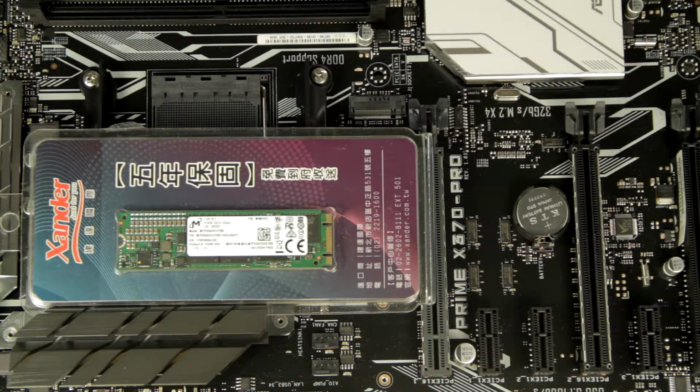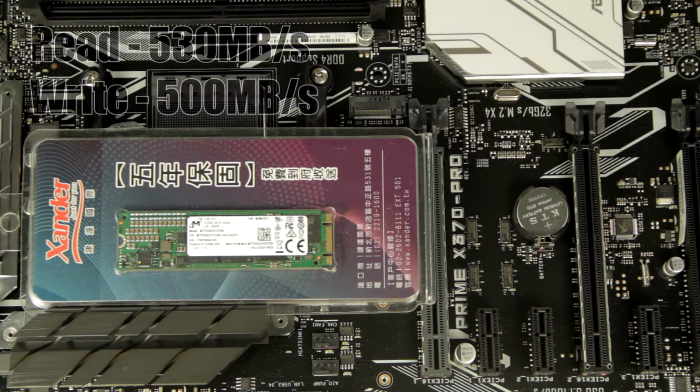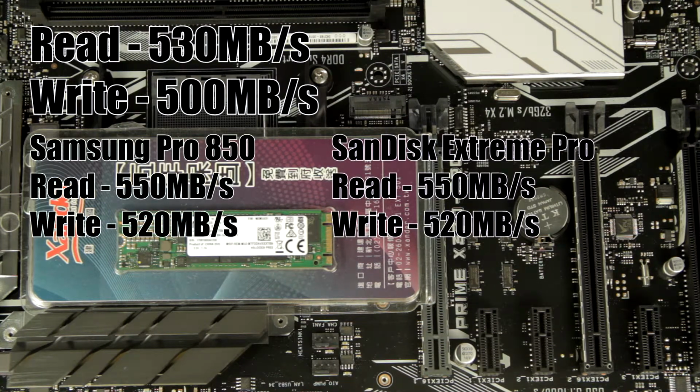So here I have the 1100 series, which is a 512 gigabyte M.2 drive, and this will hold the OSs. One will be Windows 10 and the other I think will have Linux Mint, because Solomon wants to learn Linux. Now the sequential read speed of this M.2 drive is 530 megabytes and write speed is 500 megabytes per second. Now compared to the Samsung 850 Pro, where the read speed is 550 and the write speed is 520, and SanDisk Extreme Pro is 550 and the write speed is 520, the Micron is no slouch, and a lot less